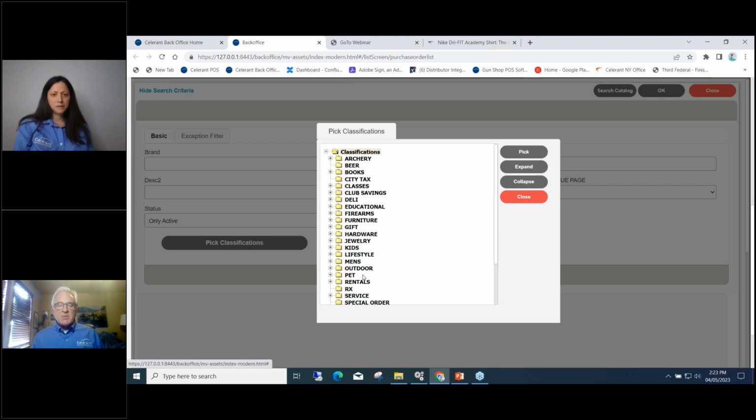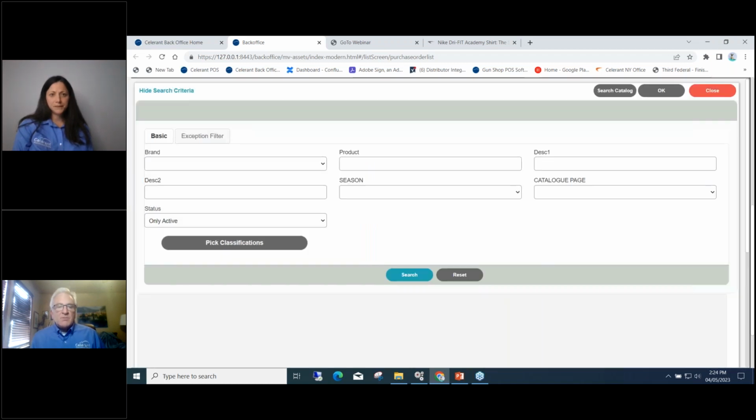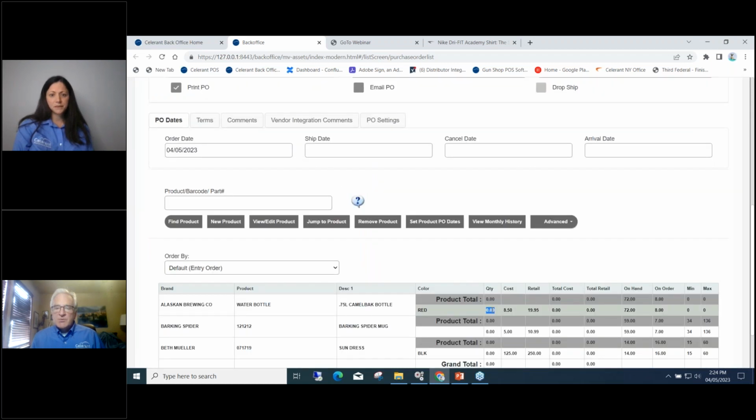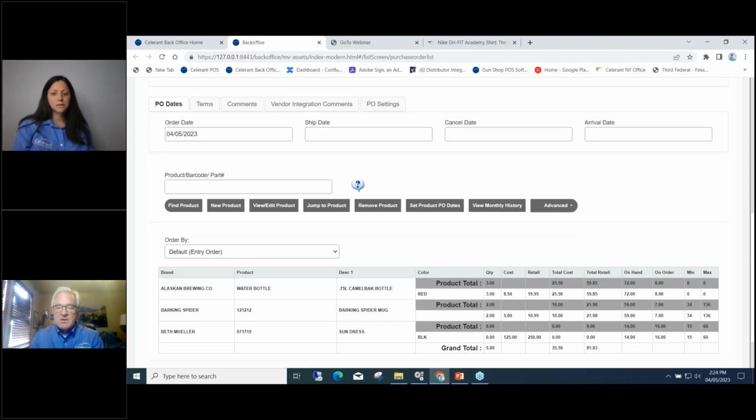So this is my department list. You have a department list in Star. This would be the closest facsimile to it. So if I want to break down hardware into smaller profit centers, I have flooring, hardware, paint, and sundries. And then I go to a third tier where I broke down paint into exterior versus interior. So let's just place an order for these products. We can say I want 3 of these, 2 of these, 3 of these, and